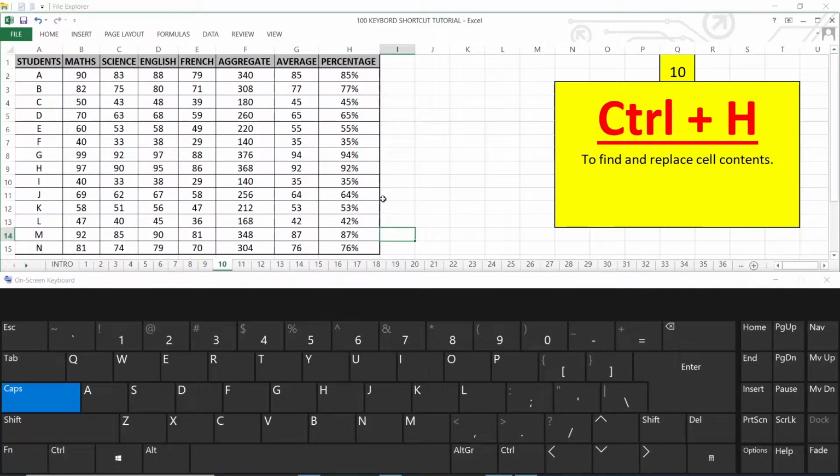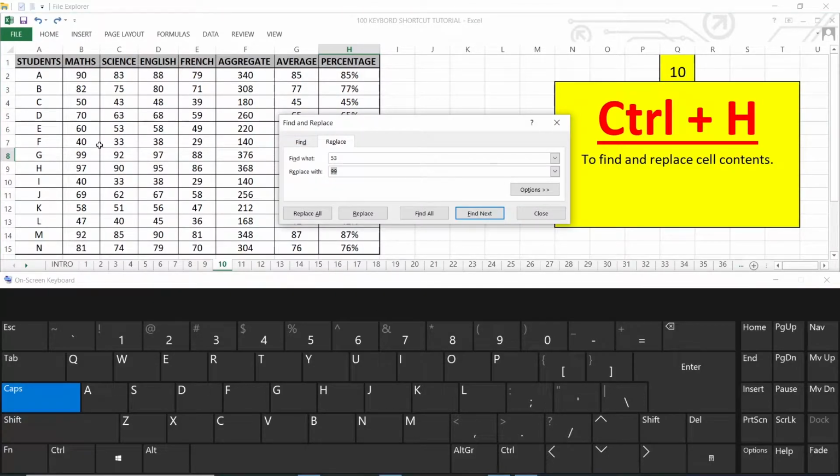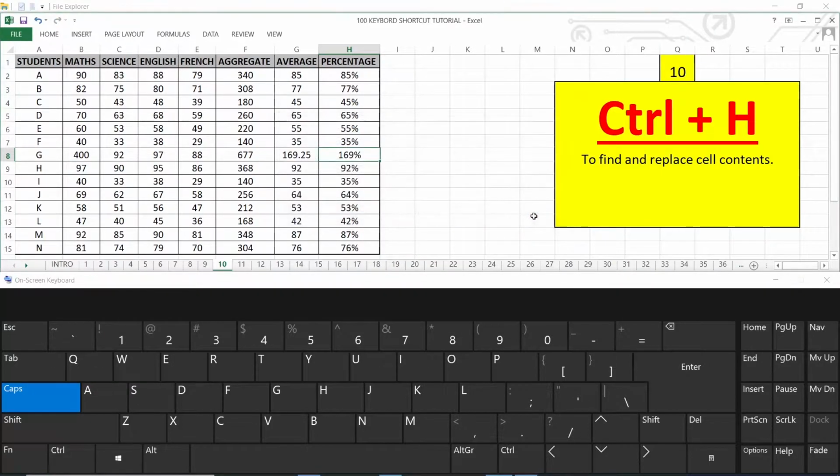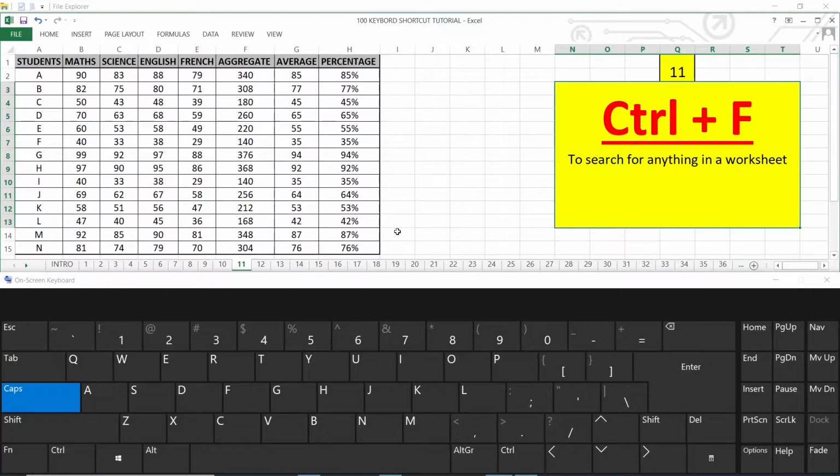Ctrl H to find and replace cell contents. Ctrl F to search for anything in a worksheet.